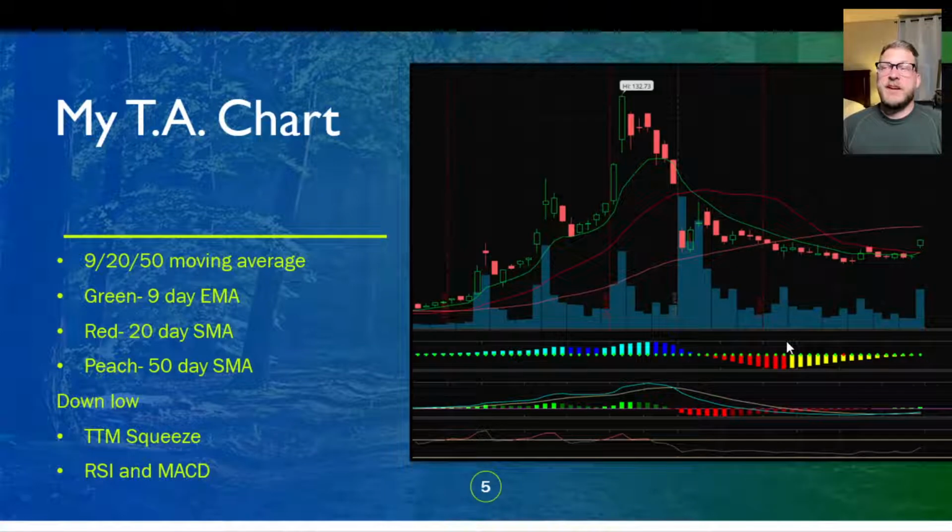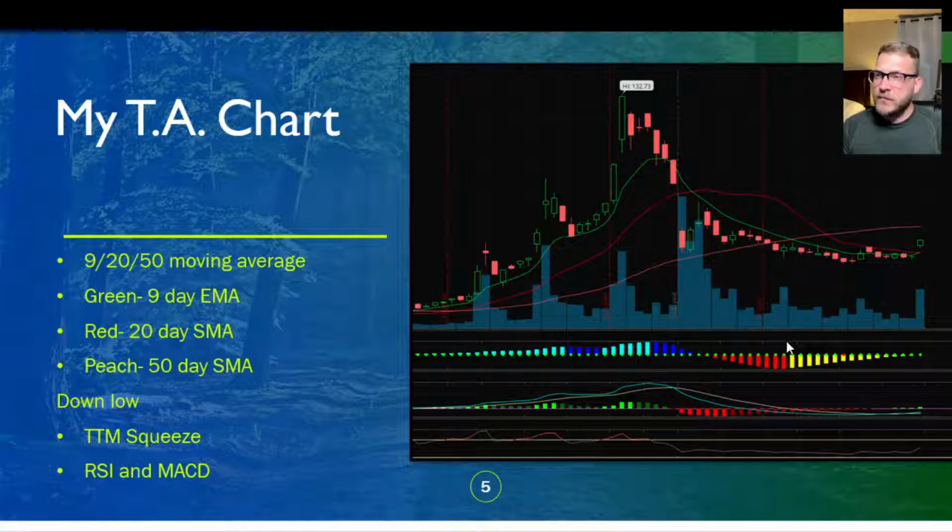So this is a very typical technical analysis chart for me. Once again, this is QA. It's a little bit bigger so we can see it. I use the 9, 20, and the 50 moving average every single day. The green line is the 9-day exponential moving average, which basically weights those last few candles a little bit heavier to be more reactive compared to the simple moving average. I do keep the red, the 20-day average, as a simple moving average, and the peach as the 50-day simple